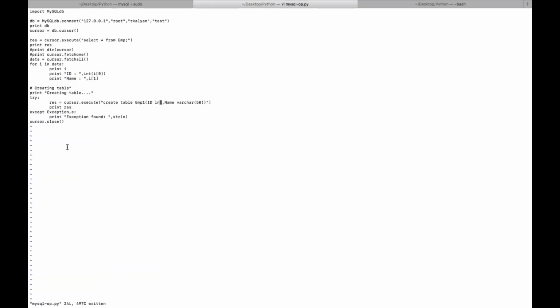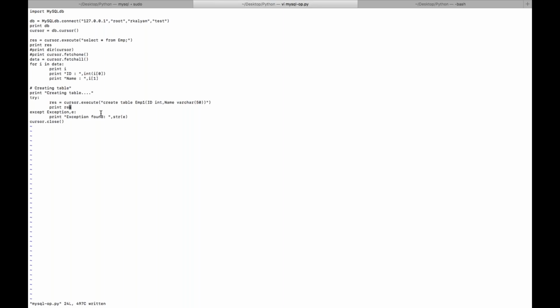Is it as expected or not? id we gave and name, int and varchar. So that also you can verify. And again here you can retrieve the data from emp1, you can fetch the data and verify. Okay, so like this you can execute create and you can execute update table and